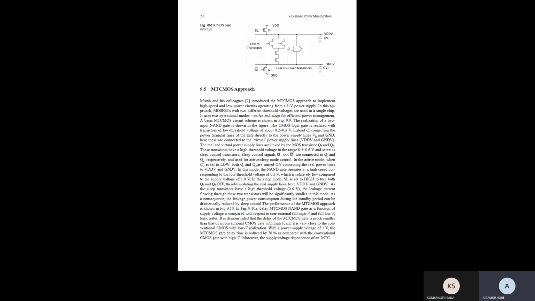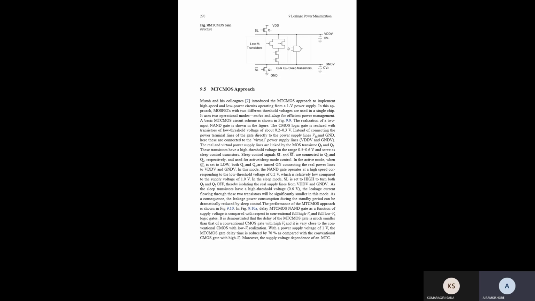Here we have other factors that affect the speed performance of this MTCMOS circuit: the width of the sleep control transistors and the capacitance of the virtual power line. The sleep transistors should have widths large enough so that the on resistance is small. It has been established by simulation that there is degradation in gate delay time. The required chip area is also small because the sleep transistor is shared by all logic gates on a chip.